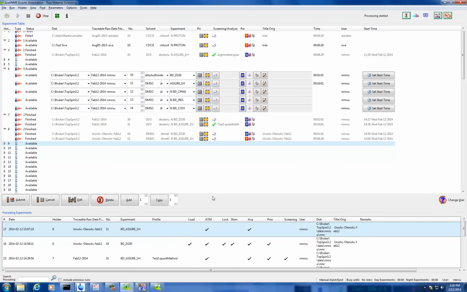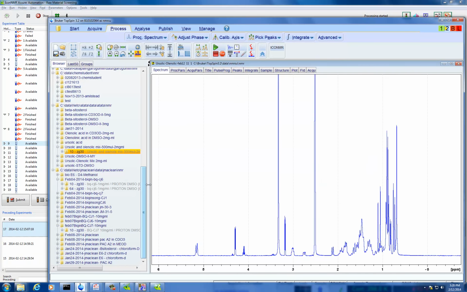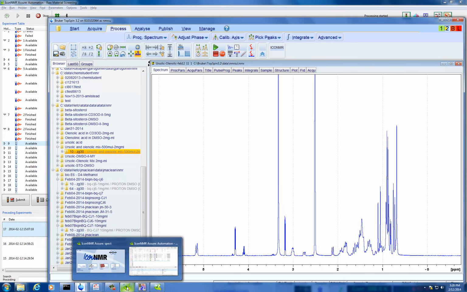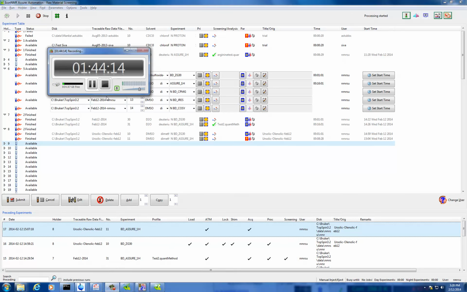If you guys want to do it in TopSpin, let's see. Okay, let's run the arginine spectrum first. Okay, I might just close this because